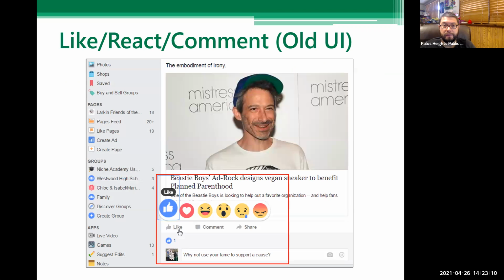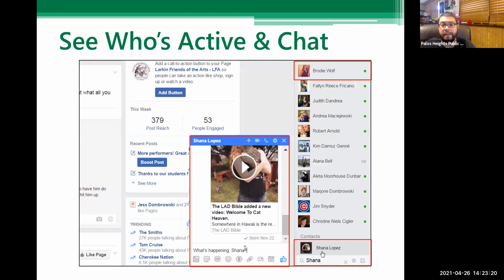This is how it looked in the olden days, and it looks a lot the same. This has not really changed much. You can see which of your friends are active and online. They will be listed if you're on a computer on the right-hand side, right underneath all the navigation icons on the navigation bar at the top. Underneath, it'll show who is on. So it's just a big long list.